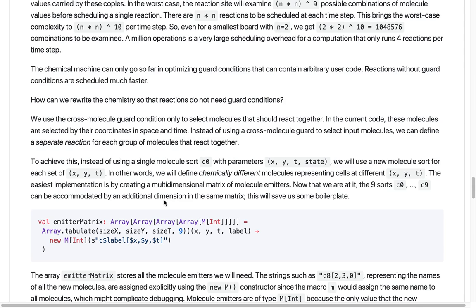And we just did it by hand. We put labels on molecules and selected by values of these labels. Instead of doing this, we can define a separate reaction for each group of molecules that react together. And then they will automatically be selected for each other. There won't be any search through all the combinations. Each scheduling will be very fast if we do this. So in order to do this,